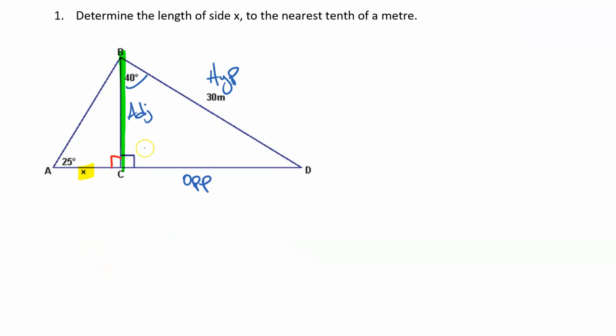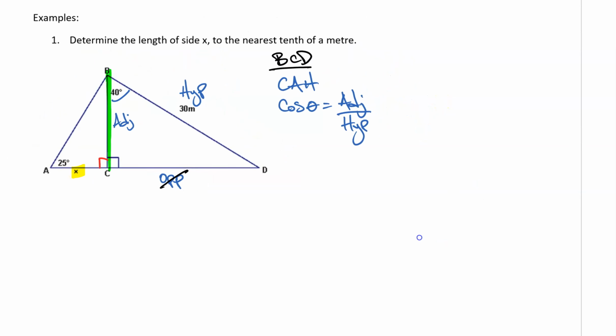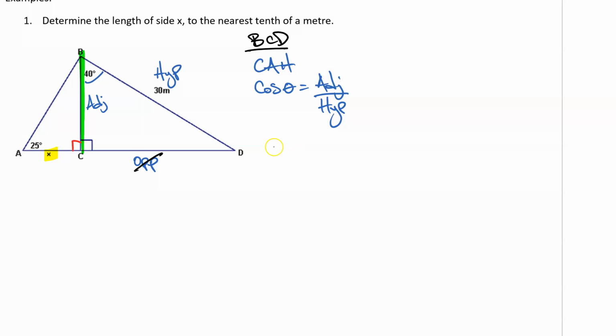Okay, and going at it, it looks like I don't really need the opposite. I'm going to take that out. This is going to be a situation where, for triangle BCD, I'm going to be using the adjacent and the hypotenuse. So that is CA. Okay, so that is cosine of theta is equal to adjacent over the hypotenuse, which means the cosine of 40